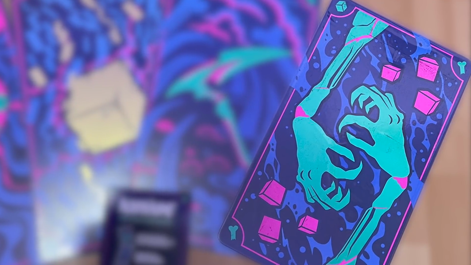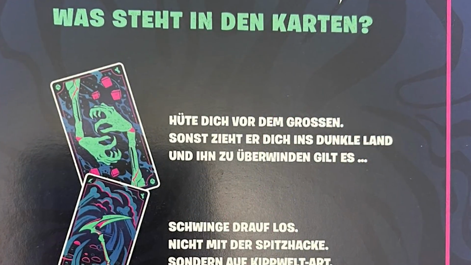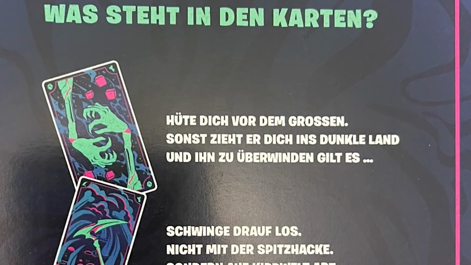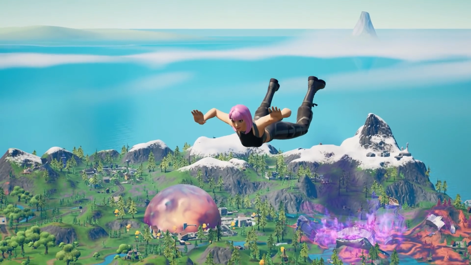And then we have the final card, and we actually have no idea what this is, but the description says that these arms will pull you into the dark land and you have to overcome it. So weird, right? And the leaks don't stop though, because this update added a ton of upcoming Halloween skins, and